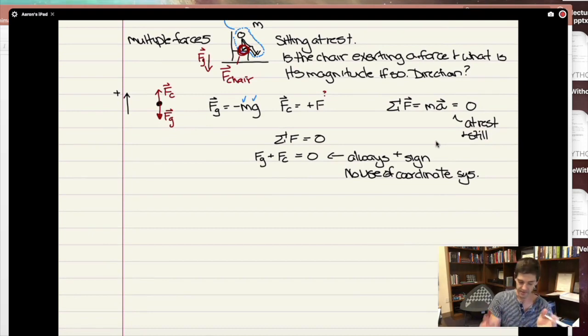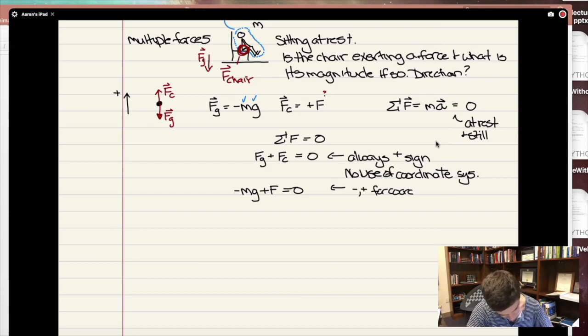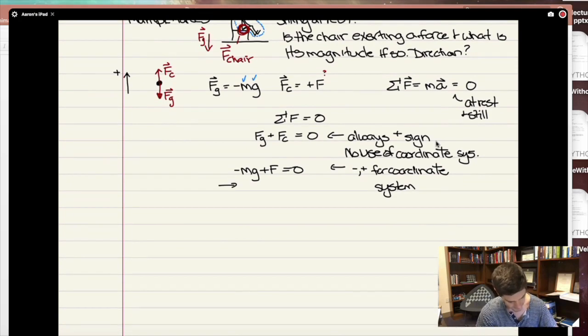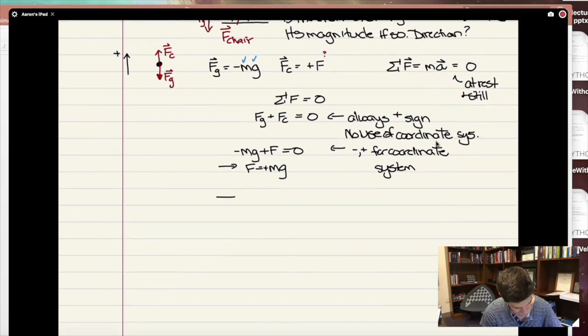Here is where I might suggest doing some algebraic manipulation if necessary. Then when you're ready to plug in numbers or plug in values, that is when you introduce the negative signs. So at this next step, I would say negative mg plus f equals 0. So here, negative plus for the coordinate systems. Then just solving algebraically, we get that f is, and I'll be explicit, we get plus mg,